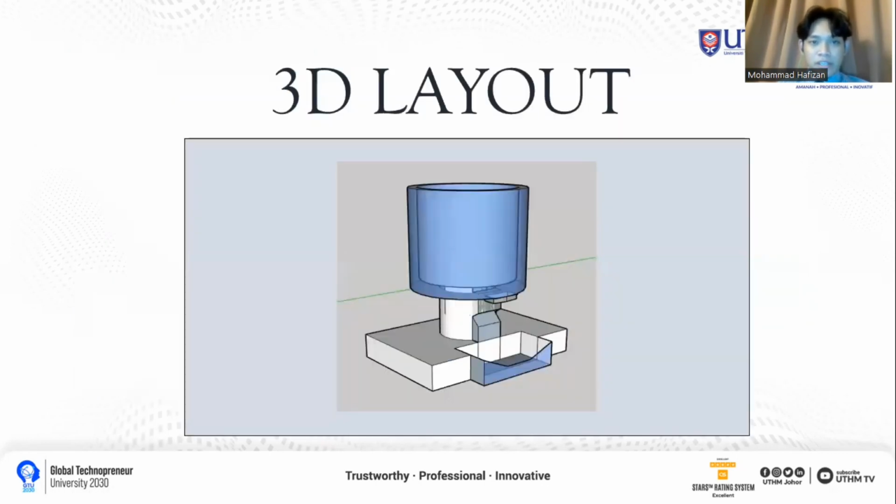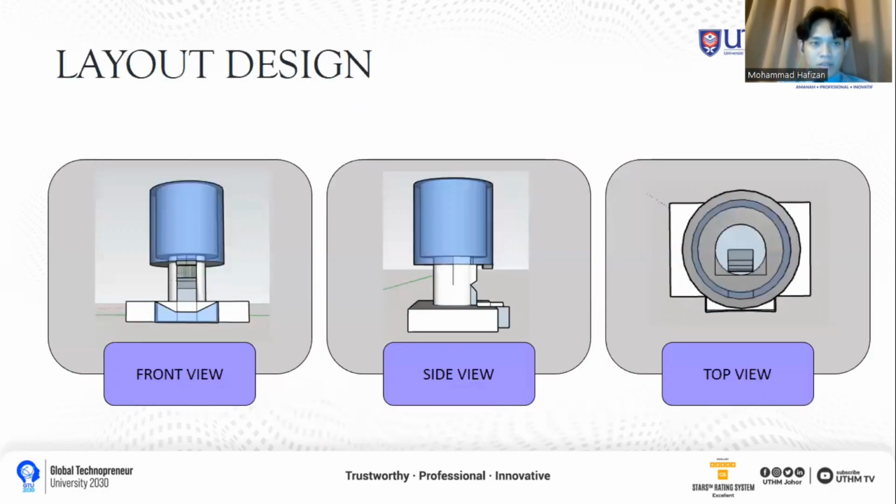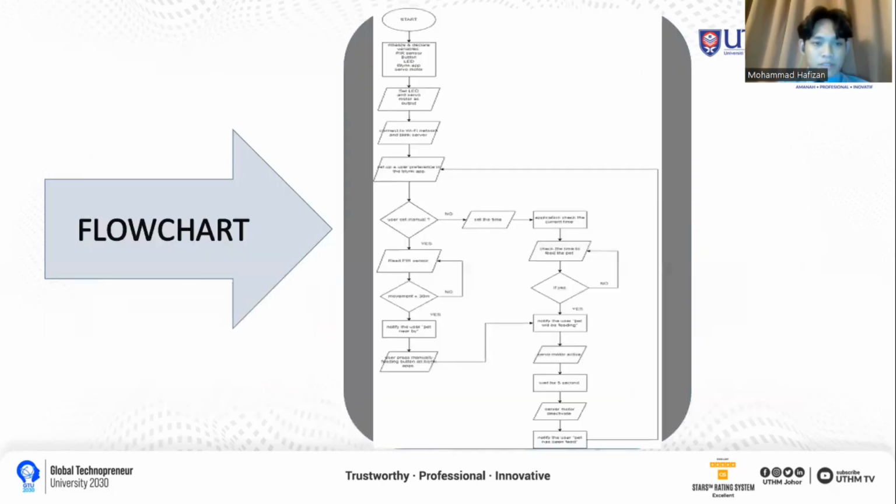This is the 3D layout of my project. And this is the front view, side view, and top view of the project. This is my flowchart for this project. To start with,